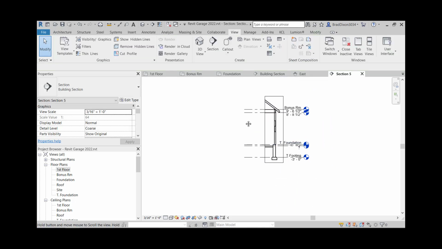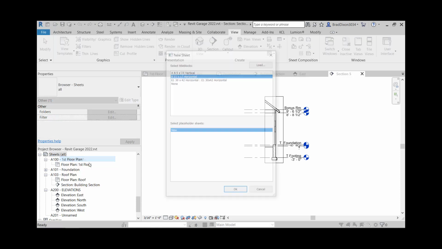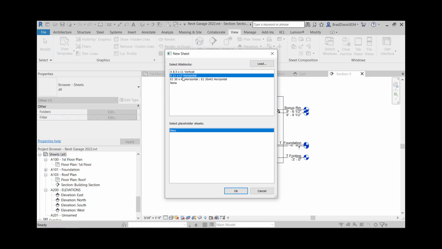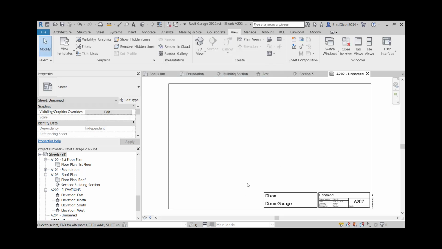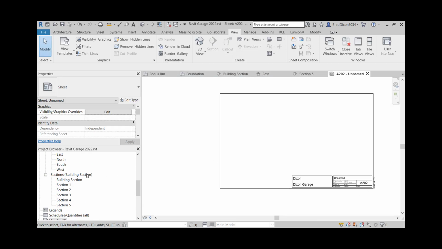So the first step in this process was to create the section symbol, take a look at it, and see if it's cutting where I want to cut. This looks good. The next step, before I start cleaning this up or anything, is I really have to determine my scale. So I want to use as big of a scale as possible and basically fill my page. So I'm going to scroll down to my sheets, right click on sheets, new sheet, and I'm going to make another 11 by 17. I say OK, and I'm just going to simply drag that section,